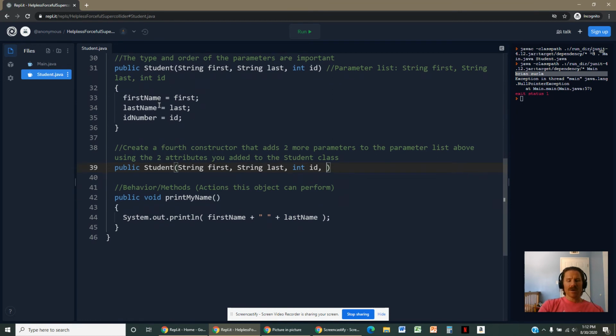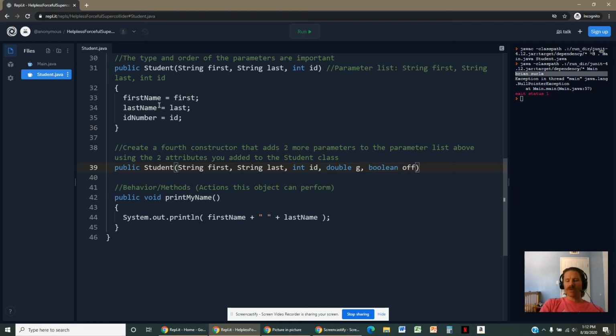So right here, I'm adding a formal parameter. Basically what I'm doing is I'm changing the rule. I'm saying that when you create this student, you can tell me what their GPA is. So maybe the kid transferred in from another school. And I'm going to also say, when you create this student, you get to decide if they have